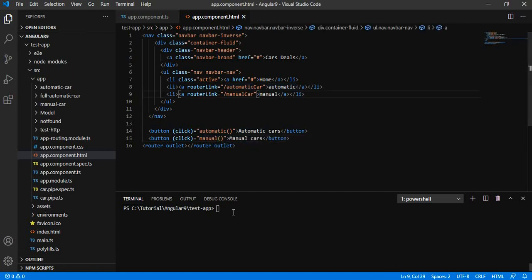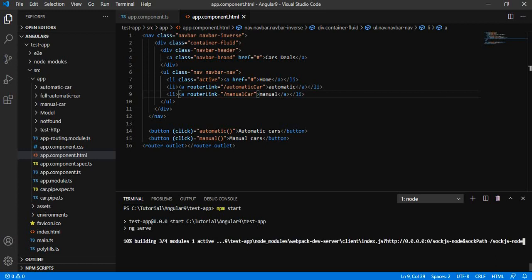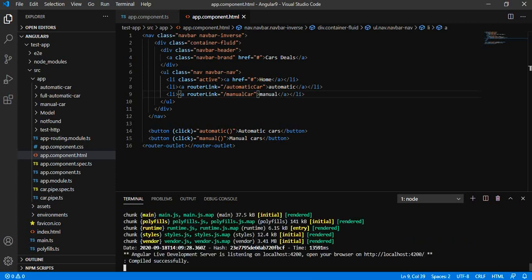Let's run the application. Let us open this in the browser.